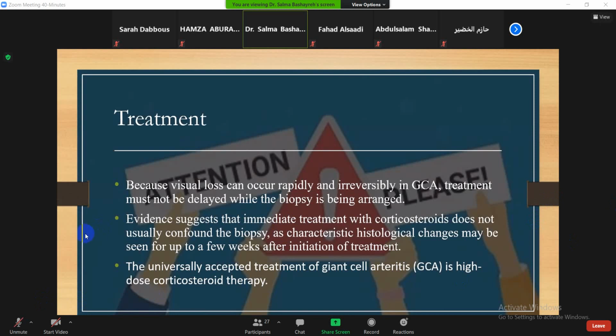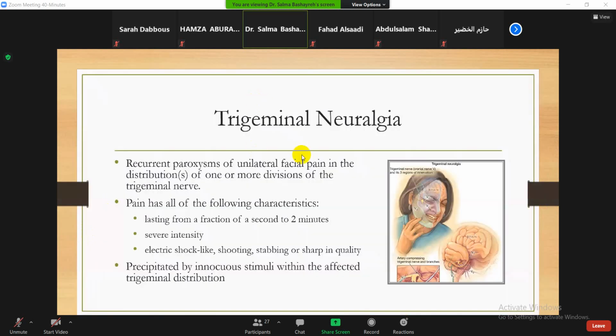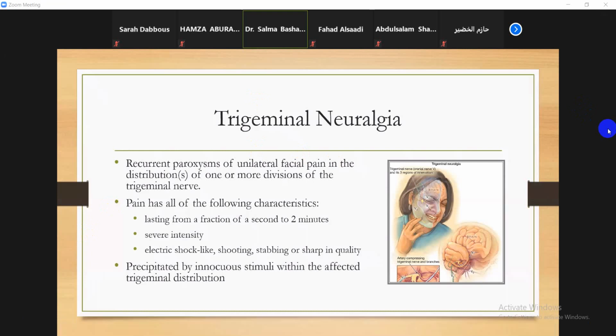Okay, next is trigeminal neuralgia, defined as unilateral facial pain in the distribution of the trigeminal nerve. And the pain has all of the following characteristics. It's very short lasting, a few seconds to a maximum of 2 minutes. Very severe, described by patients as shock-like, shooting or stabbing pain, and usually precipitated by sensory stimuli within the affected